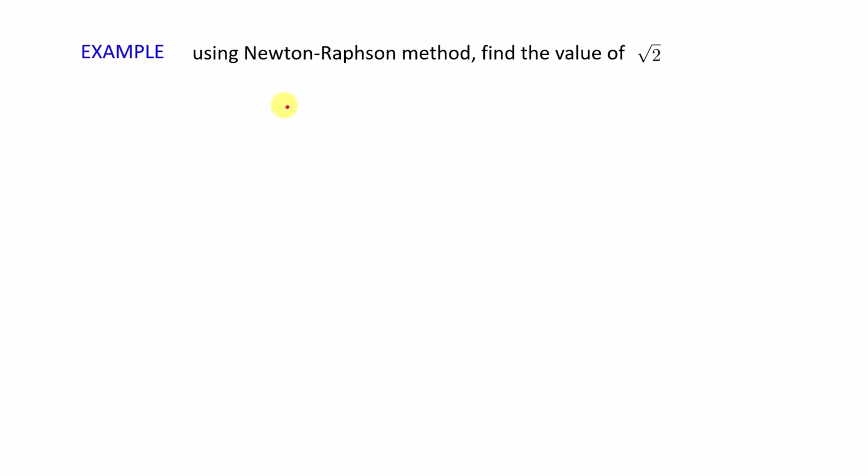So let us see how we use Newton-Raphson method to find the value of root 2. Root 2 is some sort of a mystic number. It has been investigated heavily for the last few thousand years, starting from the time of ancient Mesopotamia to Greek, India, everywhere. Early mathematicians explored the value of root 2. So how do you find a good approximation of root 2